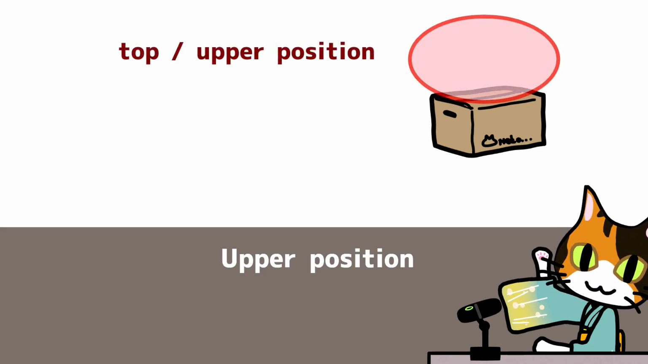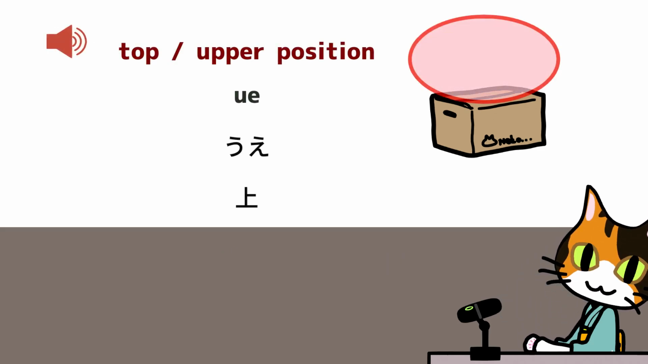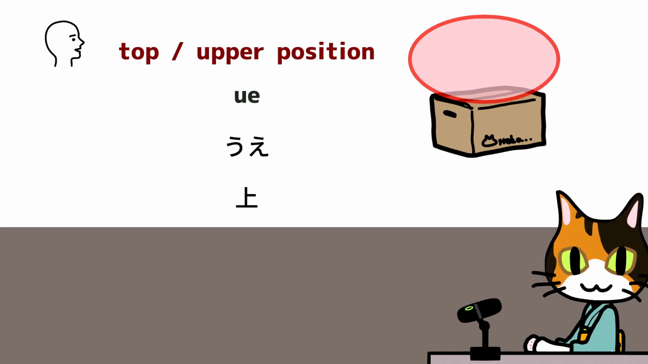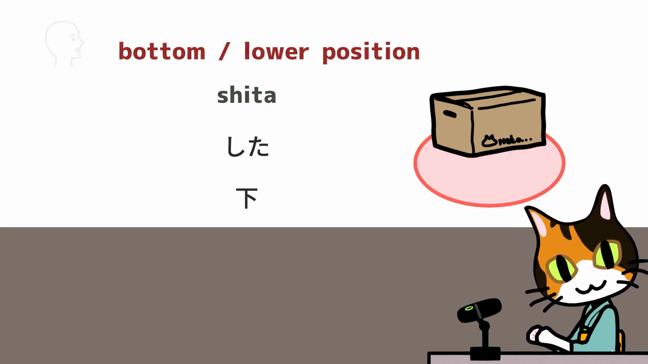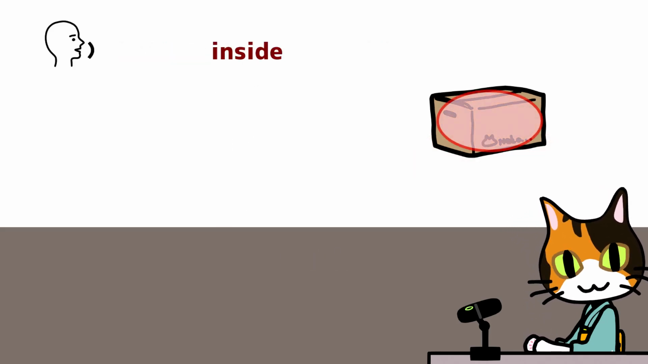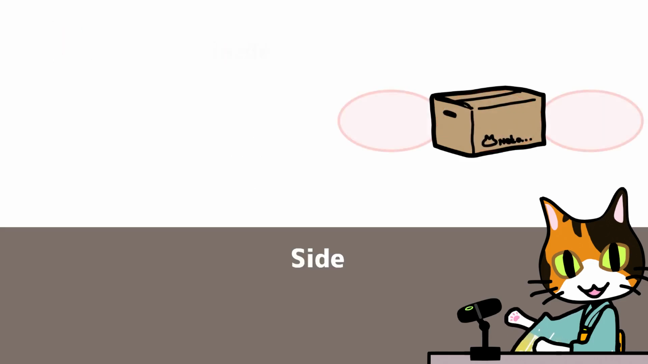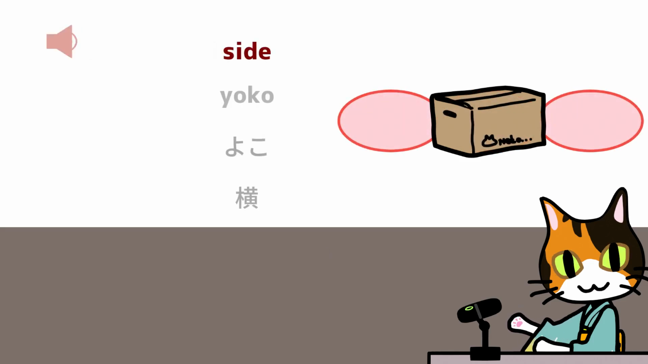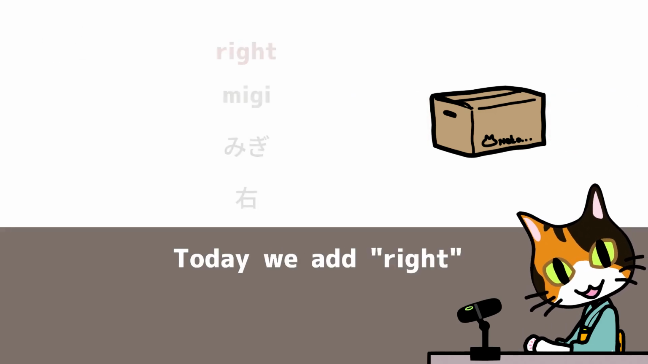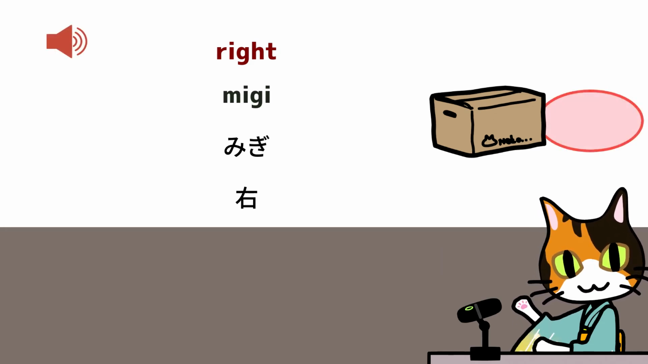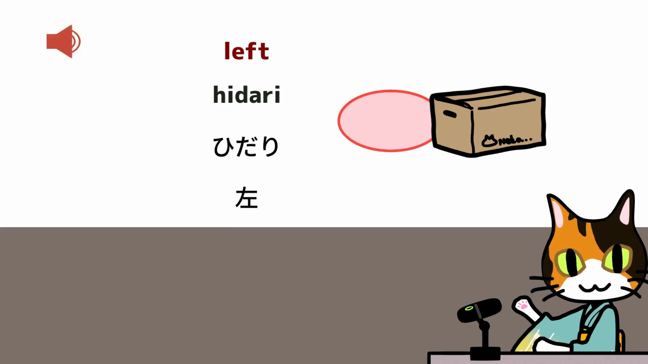Upper position. 上。 Lower position. 下。 Inside. 中。 Side. 横。 Great. Today we add, right, 右。 and left. 左。